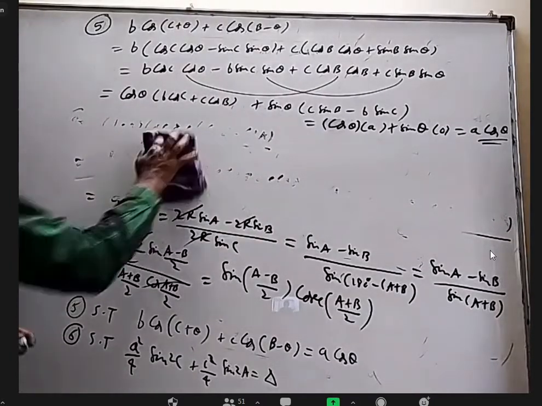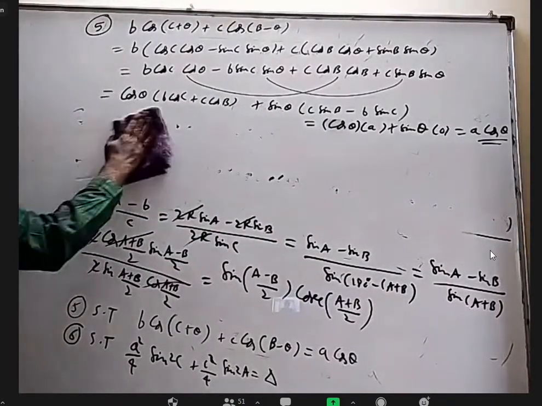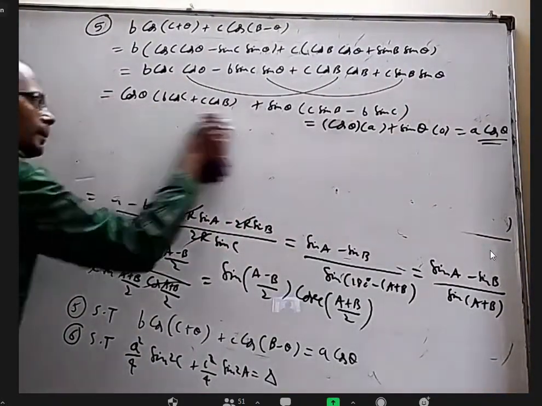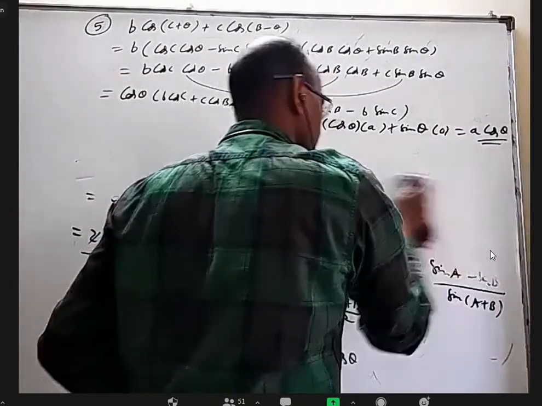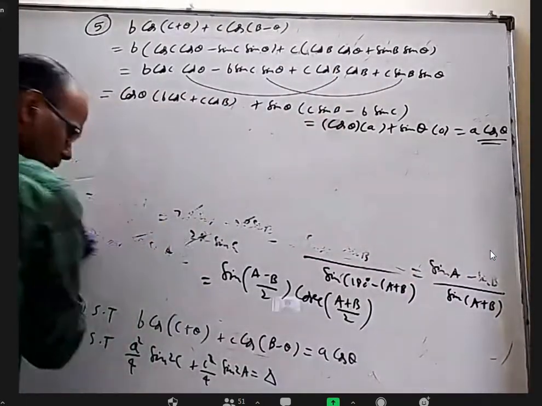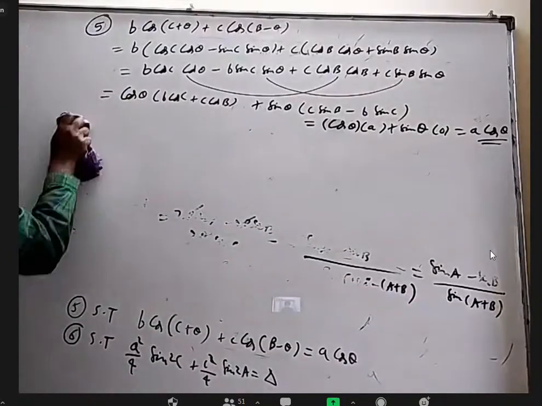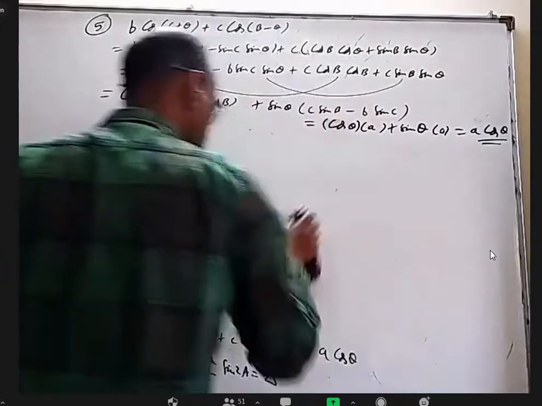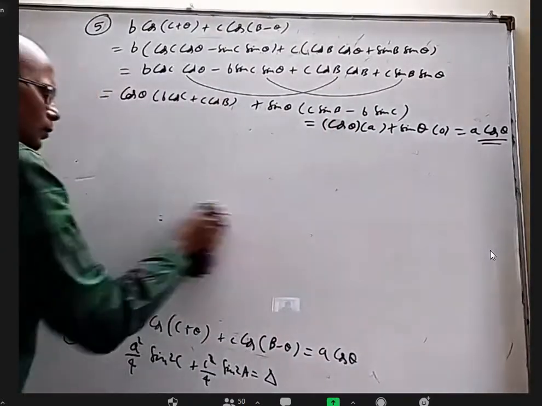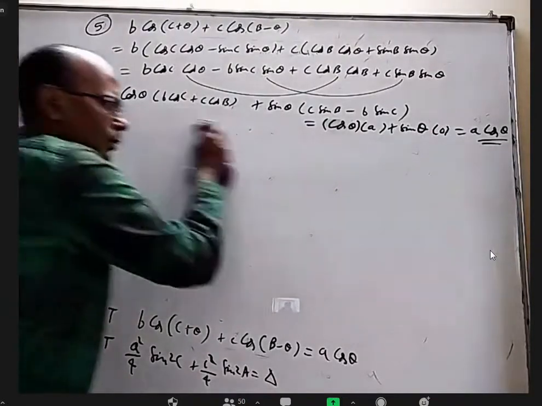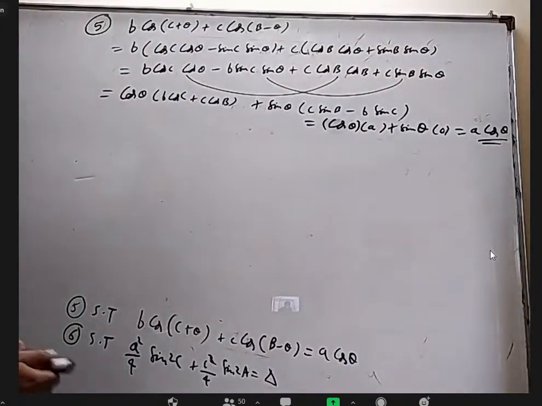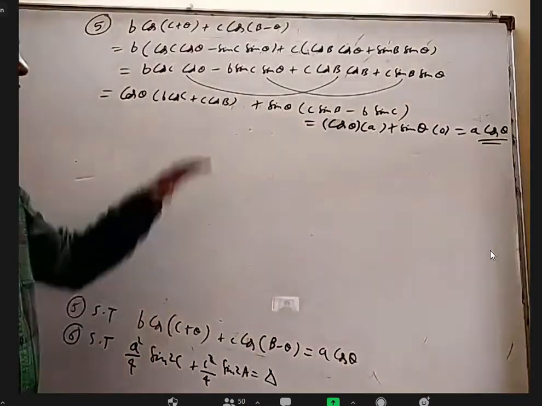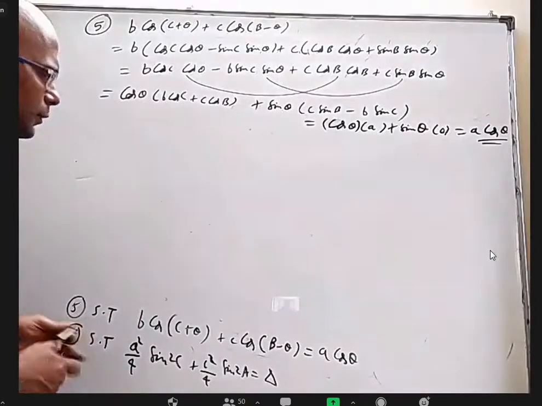Basically, this chapter is, in a sense, dry, where we have few formulas, the same routine formulas, that we have to keep on using. I just want to say, we proved the projection rule based on the projections. For the fifth question, I wanted to give another perspective to it.